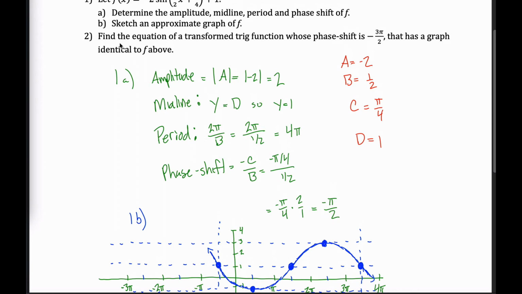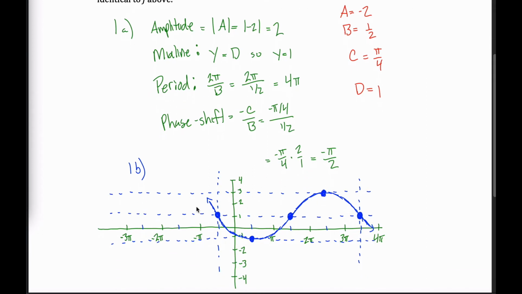Now we move down to question 2, where it says find an equation of a transformed trig function whose phase shift is negative 3 pi over 2 and that has a graph identical to what we see here. So negative 3 pi over 2 is talking about this point. I want to think about what if my graph started, loosely speaking, at an x value of negative 3 pi over 2. Well, I might have to draw a little bit more of my blue curve here to really see